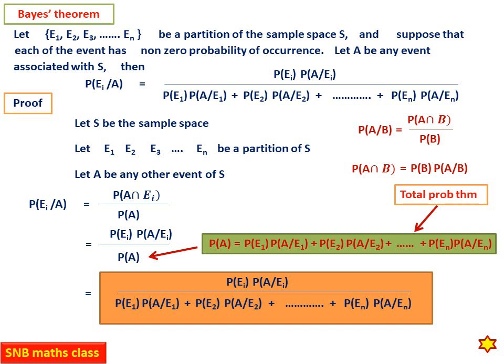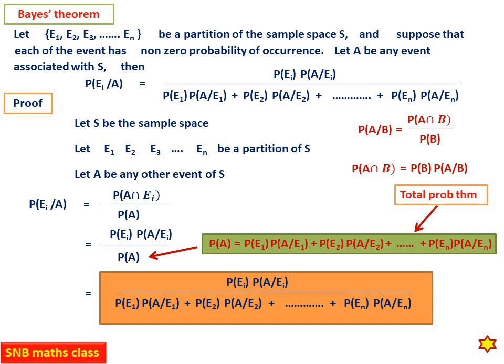In fact, proof of the Bayes theorem is very, very simple. You have to remember only 3 steps. One is the definition of the conditional probability, which is very simple. Second, you use the cross multiplication, that is the product theorem: probability of A intersection B equals probability B into probability A given B. Then the third one, in the denominator, you use the total probability theorem formula. Only 3 steps. So this is the proof, and you have to remember the formula also.